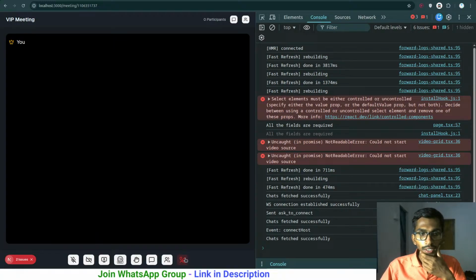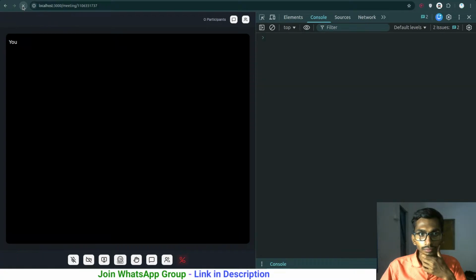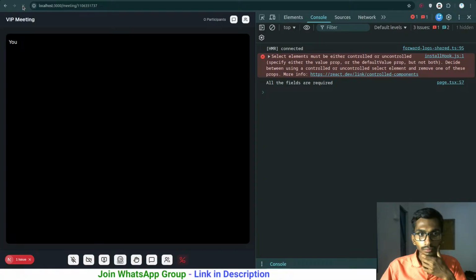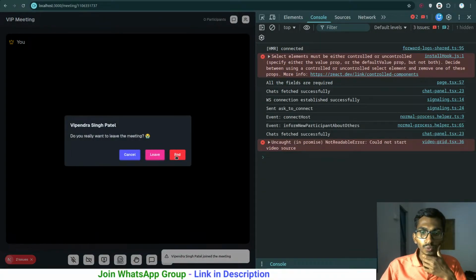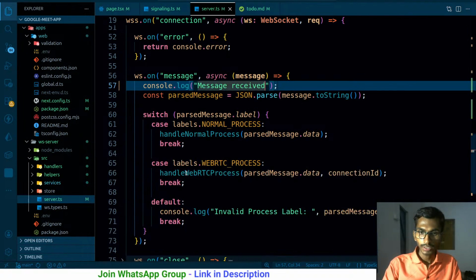It worked this time, but it does not mean that it's going to be working all the time. At least right now it is definitely working. It works sometimes, it does not work sometimes. That's what is bothering me. By the way, on the backend side, what am I doing